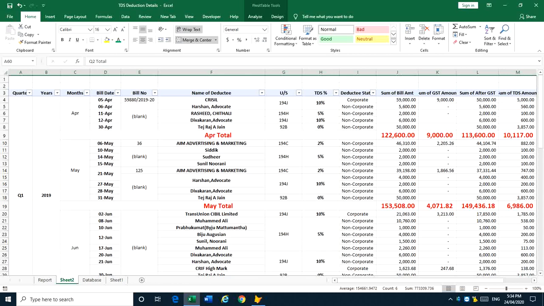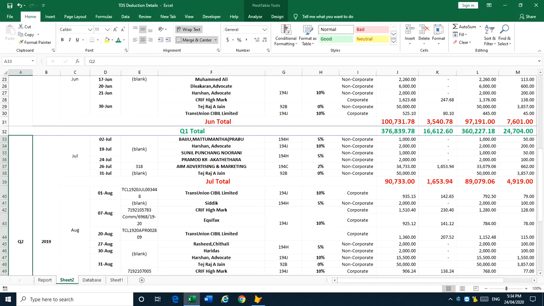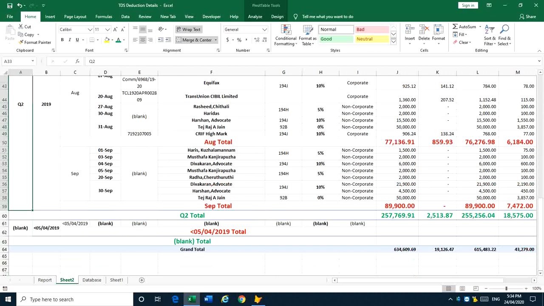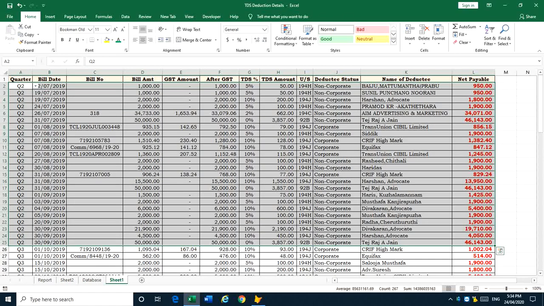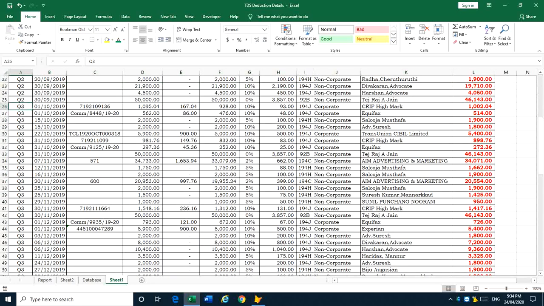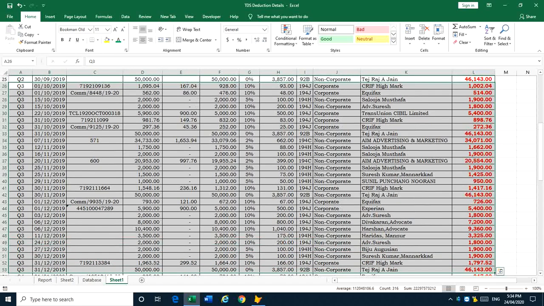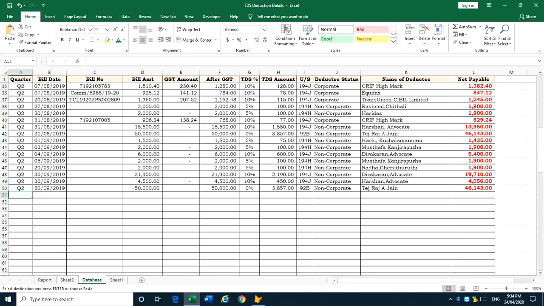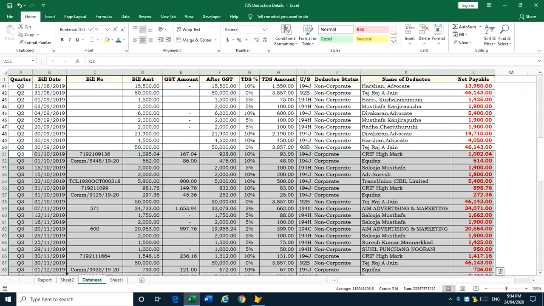Q1 completed, Q2 completed. Now I am going to add Q3 data. I have already filled the data. Now I am pasting it here, adding the data here. Go to our report.